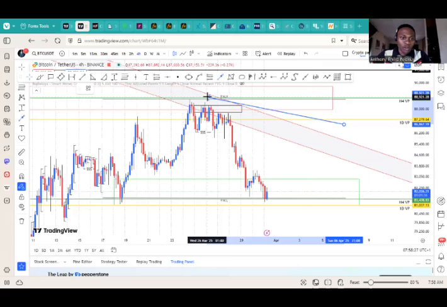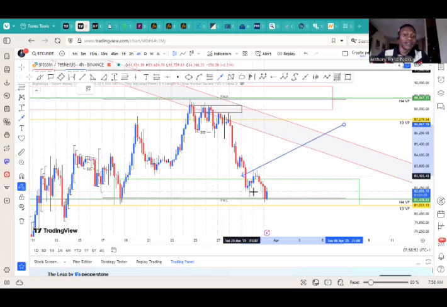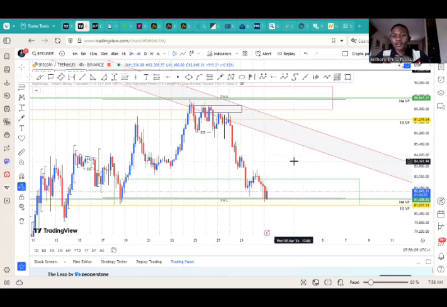I love round figures when it comes to cryptocurrency. Cryptocurrency respects round figures psychologically. For you to know, whenever Bitcoin hits 84,000, what notifies you? Binance will notify you. CoinMarketCap will notify you. CoinGecko will notify you. So literally every single investor, basically retail traders, I will say, because institutions might have their own programs and algorithms they use to analyze the market, unlike you. So once the market reaches this psychological level, there are always notifications sent to you. Go and check it. So I love to trade cryptocurrency, Bitcoin to be precise, with psychological levels, that is round figures: 82,000, 81,000, 80,000, 85,000, and so on and so forth.